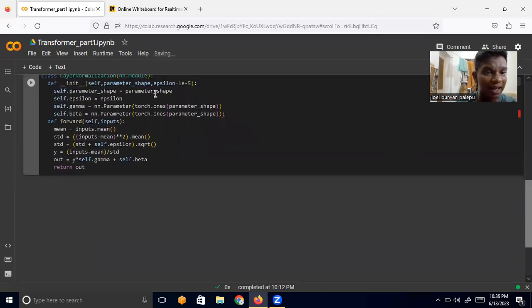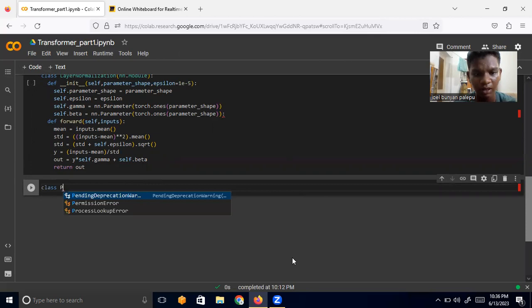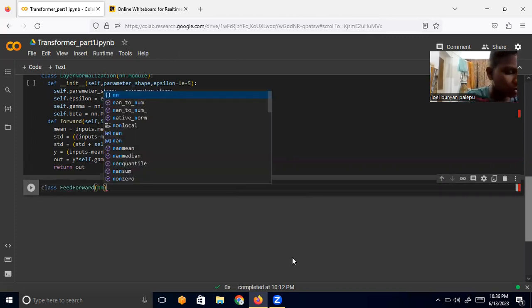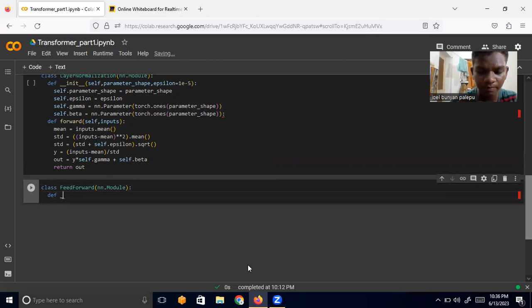Now we have built a layer normalization step. Now it's time for us to actually implement the positional feed forward neural network, which is nothing but a simple feed forward neural network. We're going to say feed forward. So we are going to inherit from nn dot module, right? So we are going to have init self,